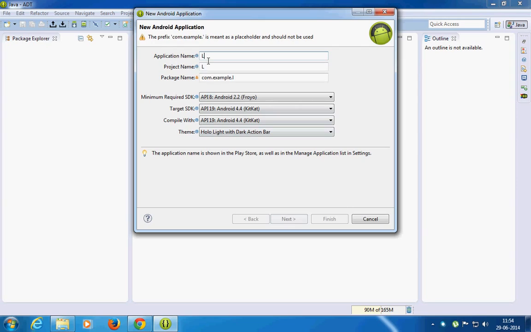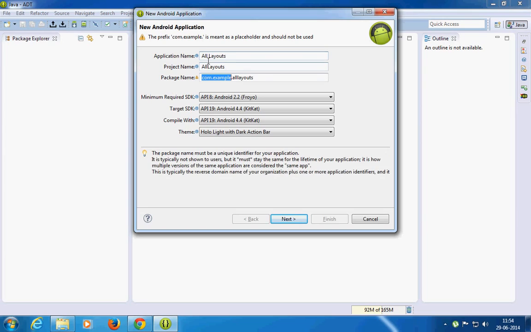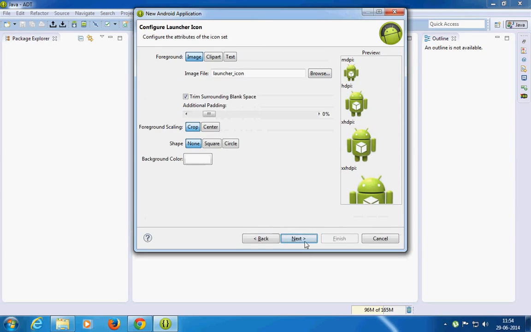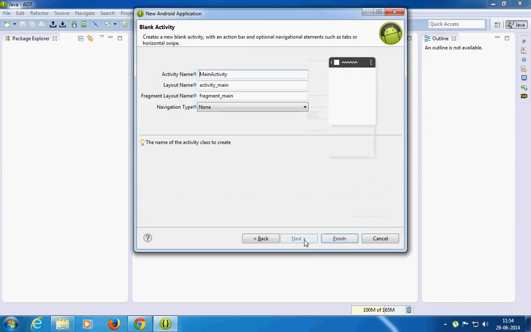So let me just create an app called all layouts, and let's just go and edit this, and as usual I'll leave all the other things as they are.